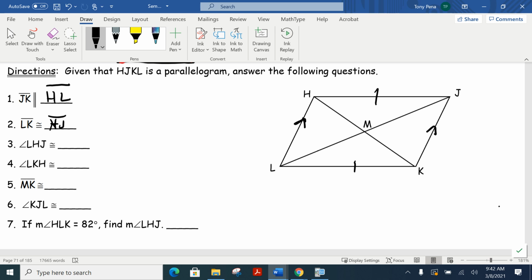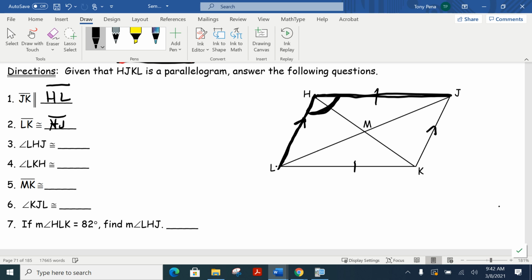So number 3. Now the angles. This is somewhat new to this year. Angle LHJ. So again, just follow the little roadmap between all of those. So here's L. I'm going to go to H, and then I'm going to come over here to J. So it's this big angle H. So this big angle right here